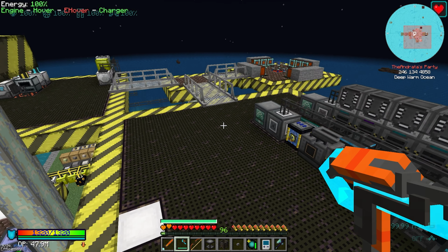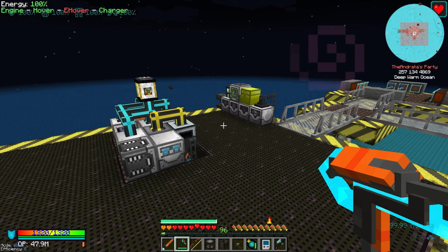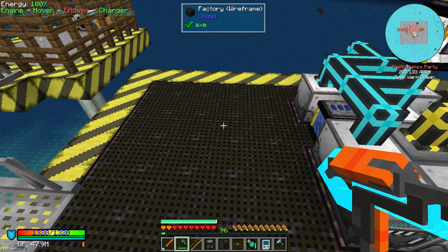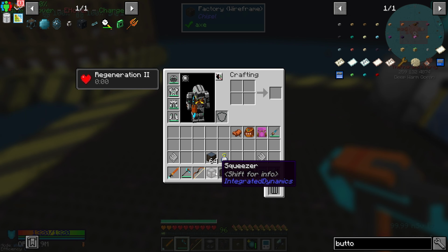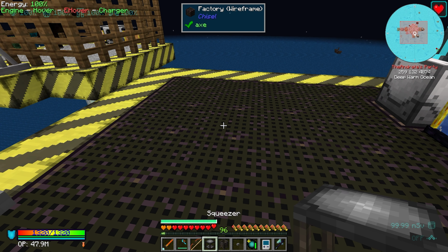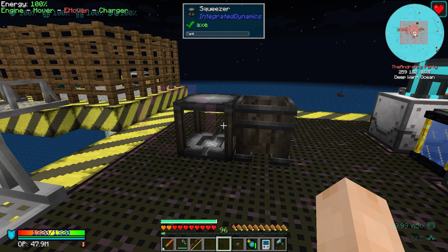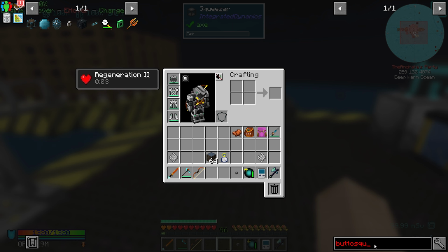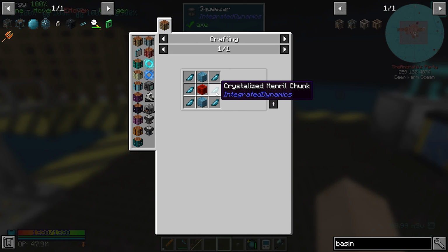So our mineral stuff, where do we want to set this up? This is kind of our mechanism. This is our industrial foregoing. Are we going to have more industrial foregoing, or can I just take over this little section over here for our squeezer and drying basin? I think I'm going to do that. For now, we have to use the unpowered version until we get a little bit, and then we can craft the basin. I need to add that to my to-do list, and we can then craft the powered version,